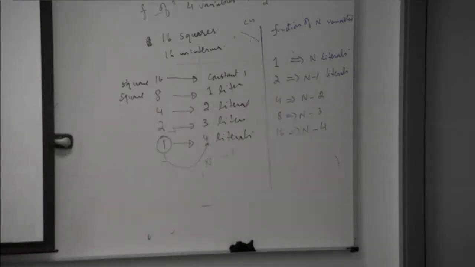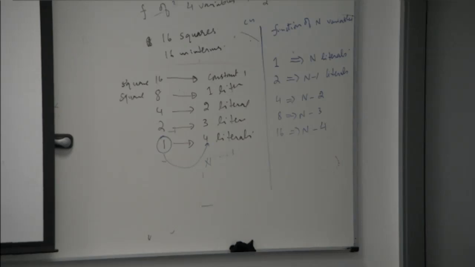So now we have a Karnaugh map, and in a Karnaugh map we can have a function. Again I'm repeating, we have a function of n variables. When we have a function of n variables, we have 2 to the power n possible minterms. Got it? Then we can have a square of 1, square of 2, square of 4, 8, 16, or 32. So if you have a function of 32 variables,